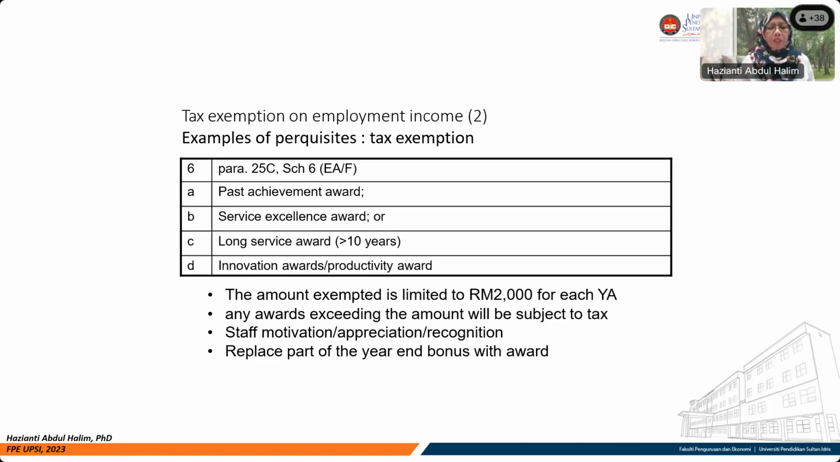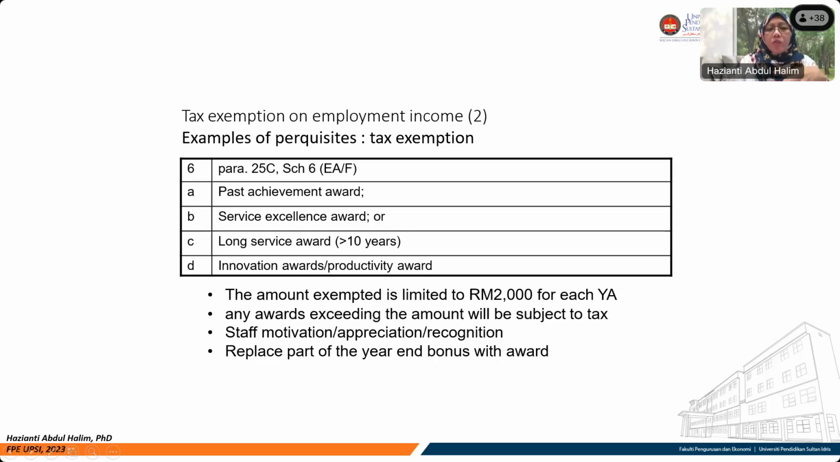Or if the boss wants to give you an end year bonus, say a bonus of 10,000, you can discuss replacing part of the year end bonus with awards here. Because for all these awards you get exemption of 2,000. Although it is limited to 2,000, you still get exemption, rather than a bonus, which we usually get in the form of cash. So the bonus will go straight, the lump sum figure, whatever amount that you get will be taxable. As compared to these awards, which have exemption of 2,000 for each year of assessment. So we can arrange